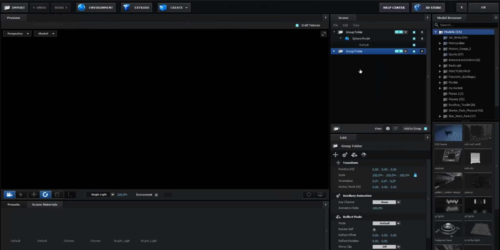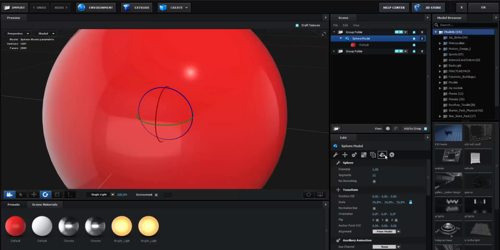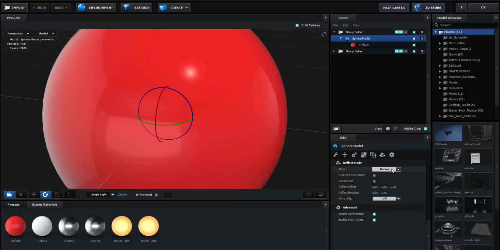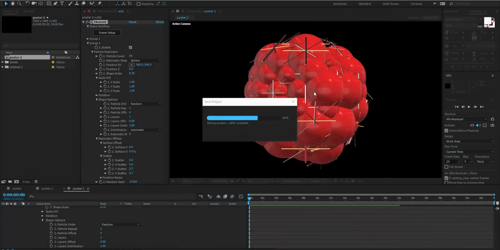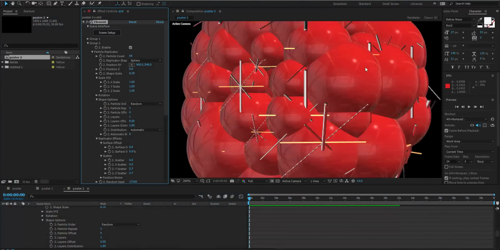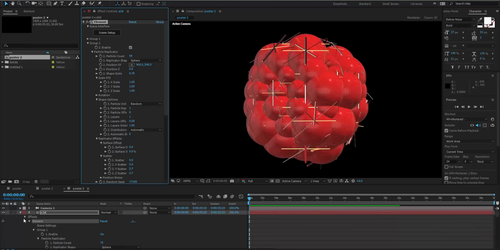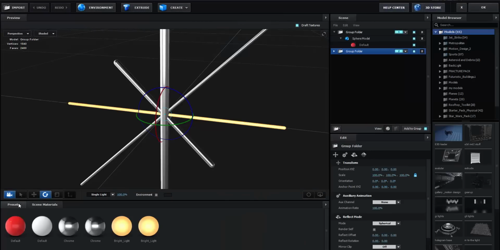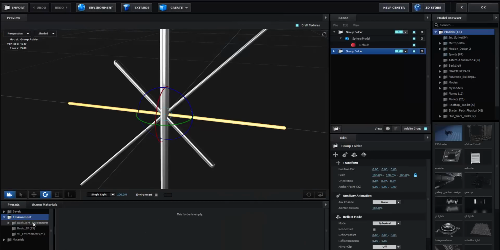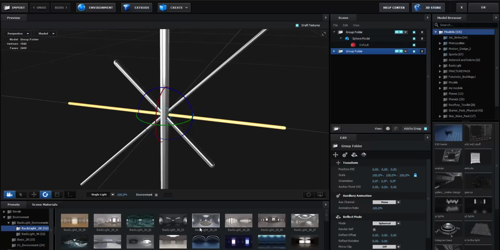So just go to the sphere mode and the reflection mode and change it to spherical, also here spherical. Alright, now it's a little bit more perfect. So now go to the environment section and just play with the environment. So I use the backlight environment, and